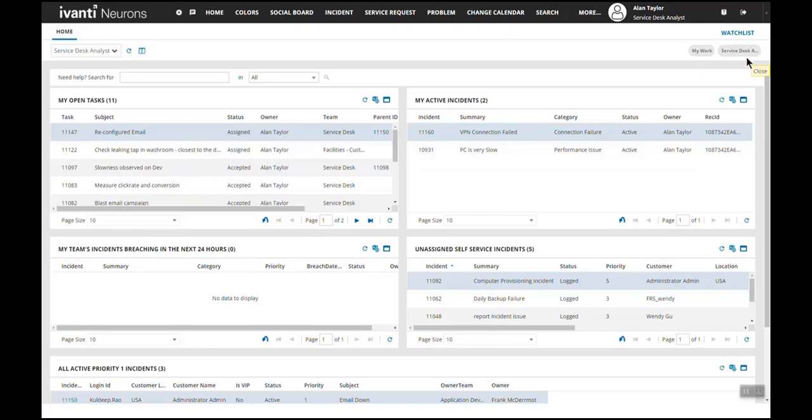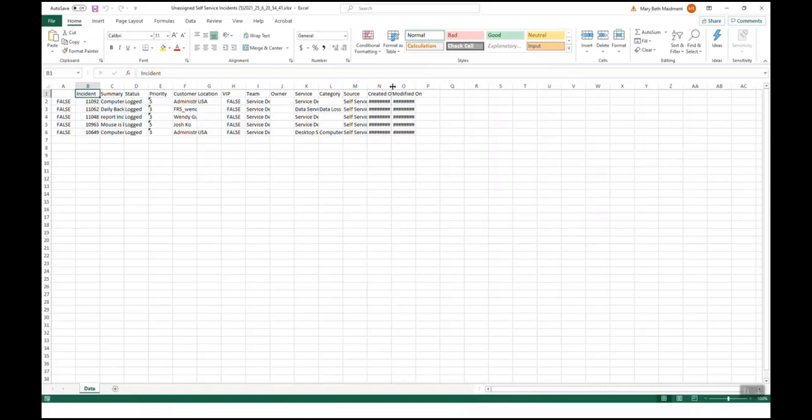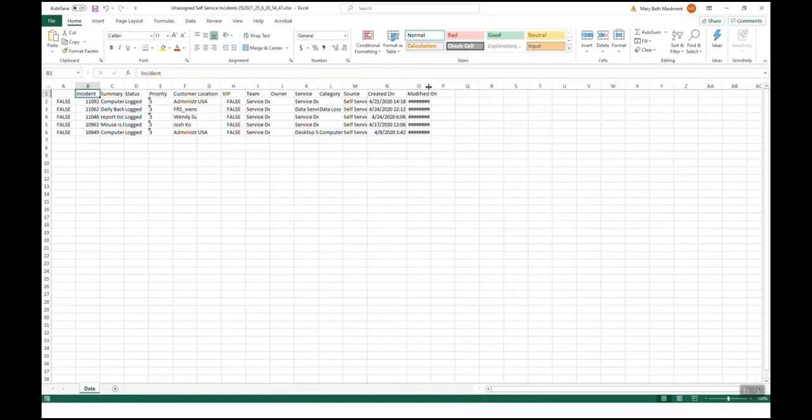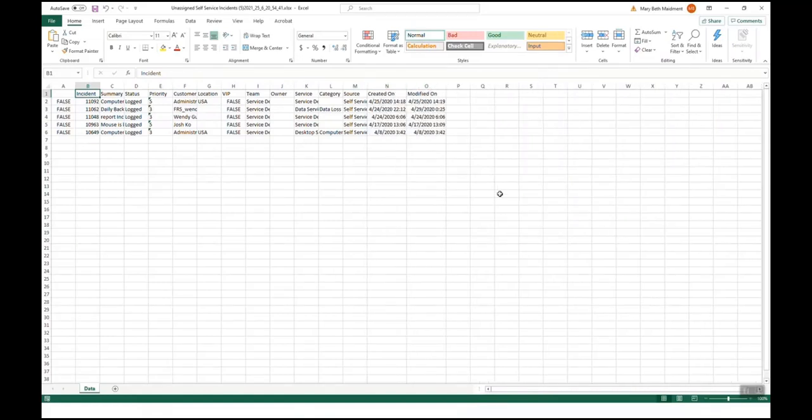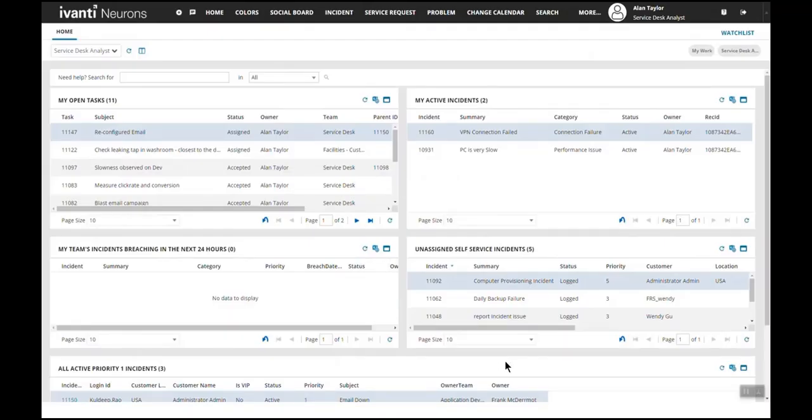Let's cover a few more list-related actions before finishing up. The first is the Export feature. By clicking the Export icon, you can quickly generate a report. An Excel file generates and displays the data from the list. From here you can format, filter, run totals, counts, and so on. Lastly, when you click the refresh icon, it performs a refresh on the system, which then pulls the most current data into your list. You can also return your column width, order, sorting, grouping, and so on when you click